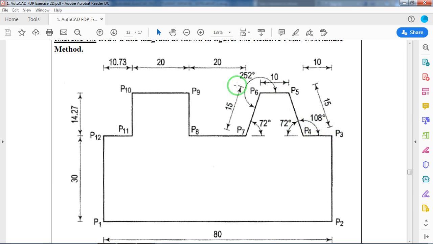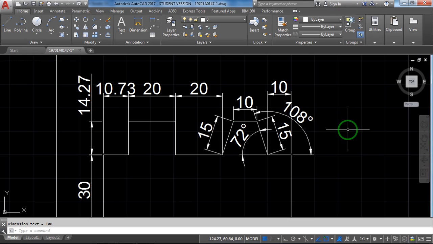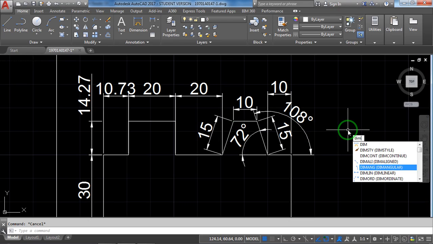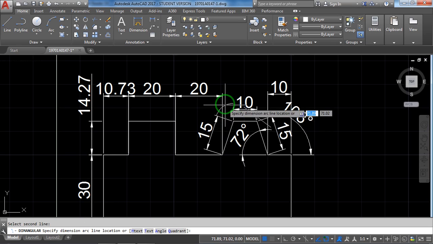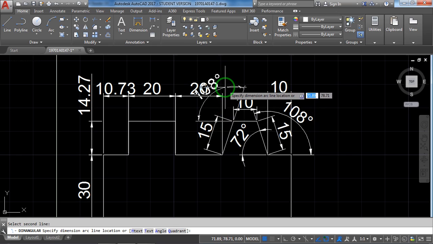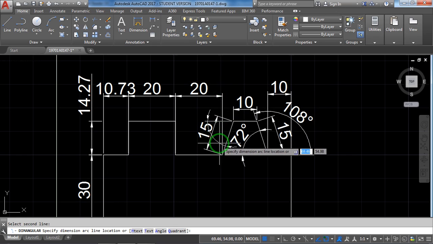Now here totally 252 degrees around. That also same, you can write dimension angular, first line, second line. When you take it out, sorry, with respect to this, ortho is in on position.